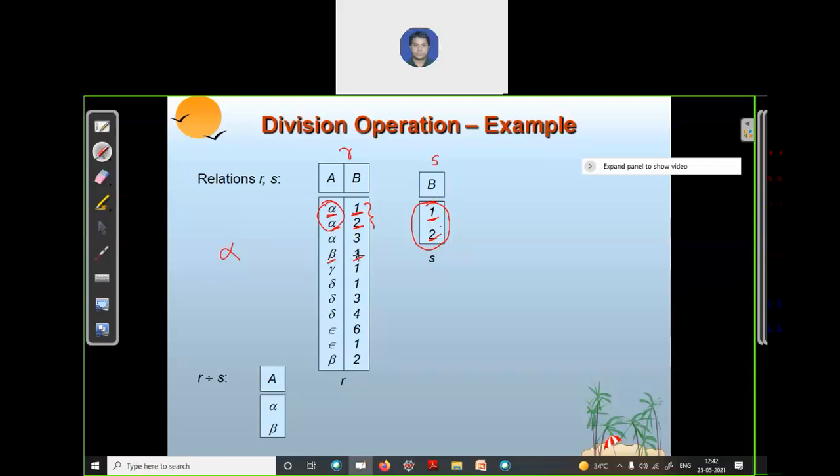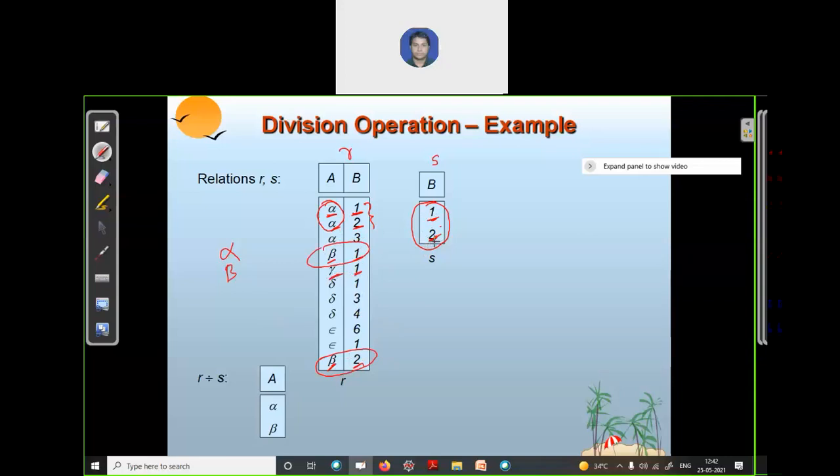Is there a beta for this 2 as well? Yes, this 2, and the corresponding value is beta. So these two have the same value.